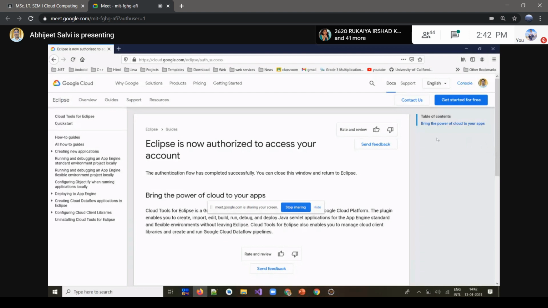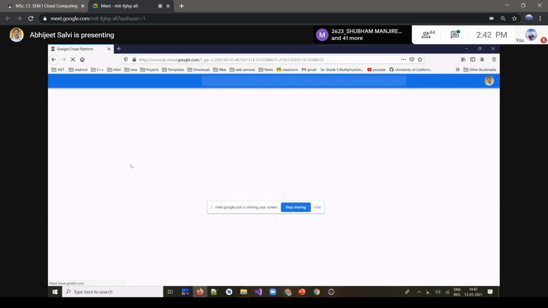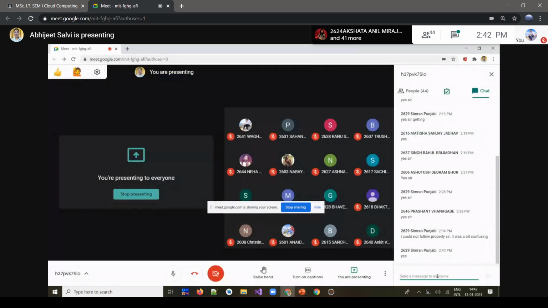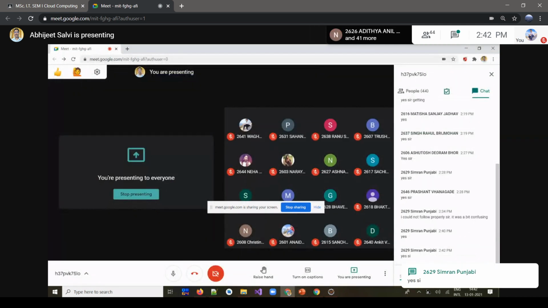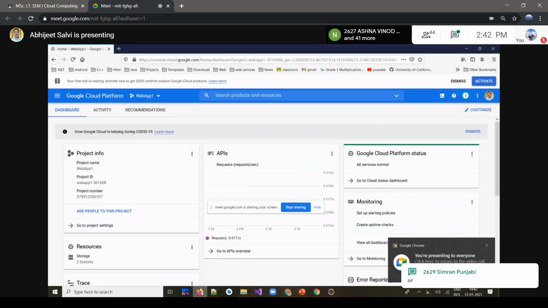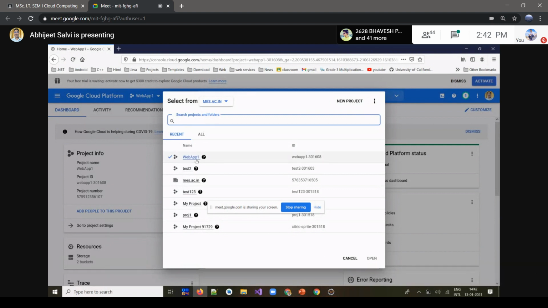Okay. So after that, you have to click on the console, and in that, this is fine so far. So we have allowed our application. After allowing, we can go here and create our own project. Go to new project and create the project. Okay. Then assume that we created one project, web app one, over there.